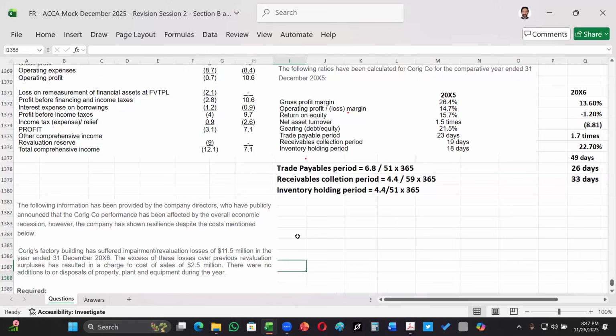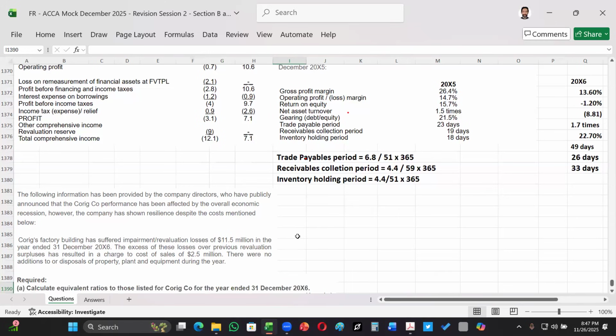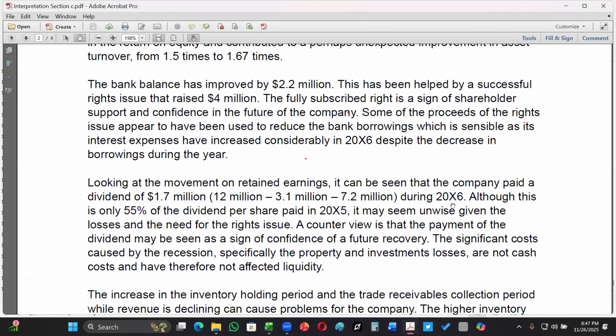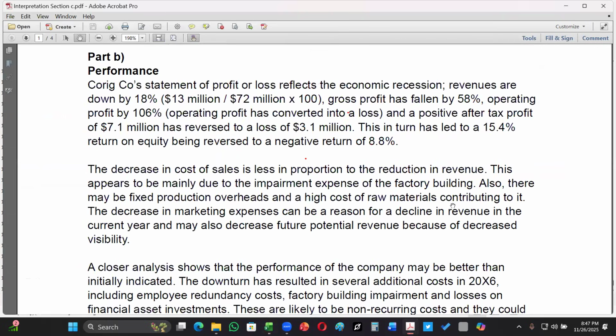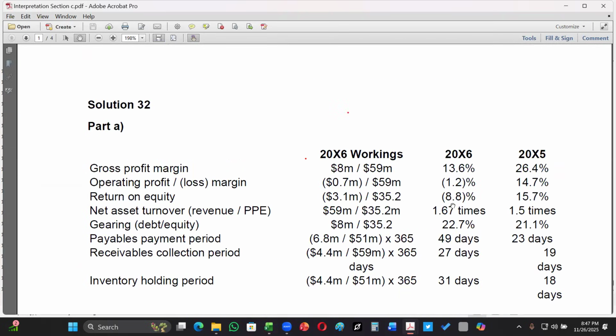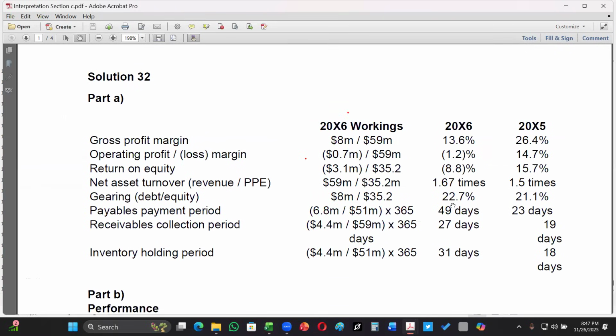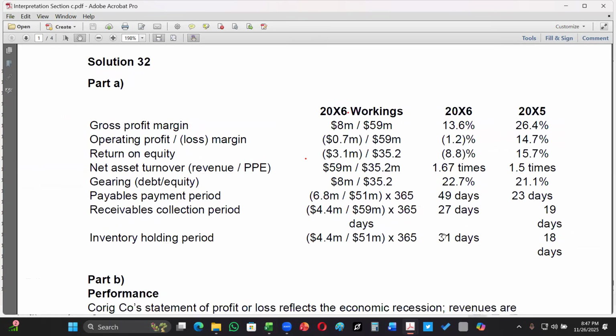So we have gone through everything. I would like to go through all the information with you people in the solution, so that we could better understand how the examiner thinks, how the examiner would interpret the things, and how we have seen. So let's see. Yes, you are right. It is 27 days. That's correct. So yeah, there will be some calculations in Excel. Otherwise, the other calculations are all fine.